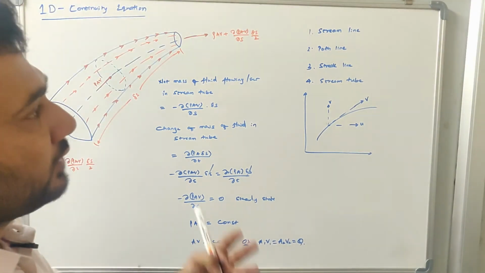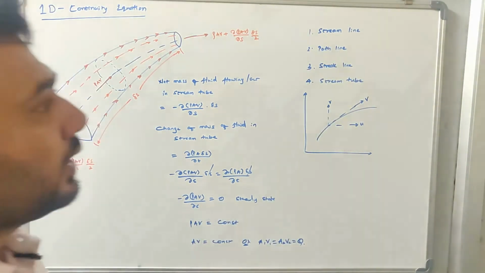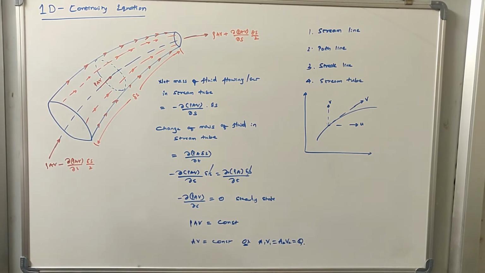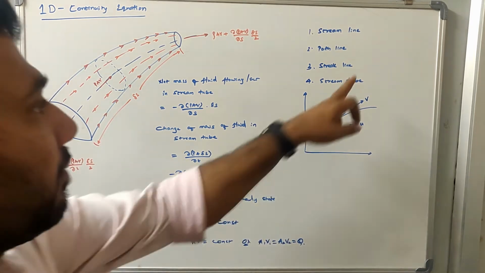Now going to the next thing, which is the path line. Path is basically the trace of an individual, right? For example, consider a molecule of fluid. When that molecule travels from one point to a second point, you trace the direction in which it has flowed, the way it has traveled. That line, which represents the path of the molecule, is the path line.